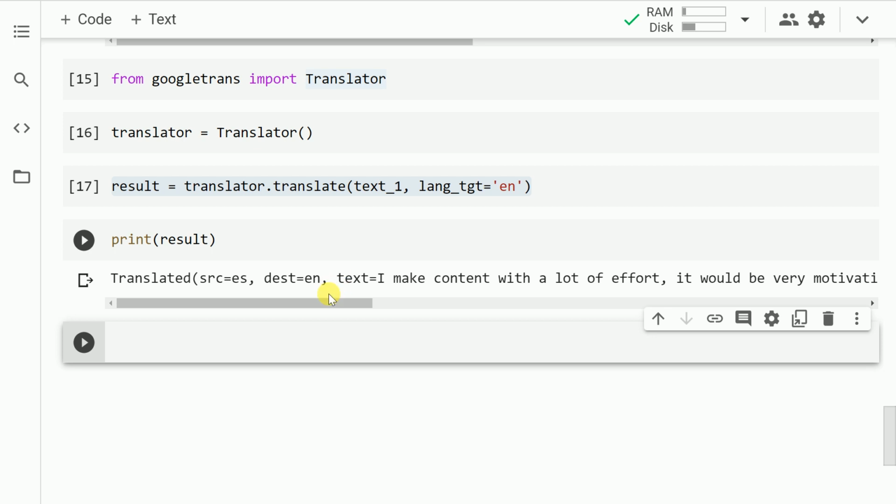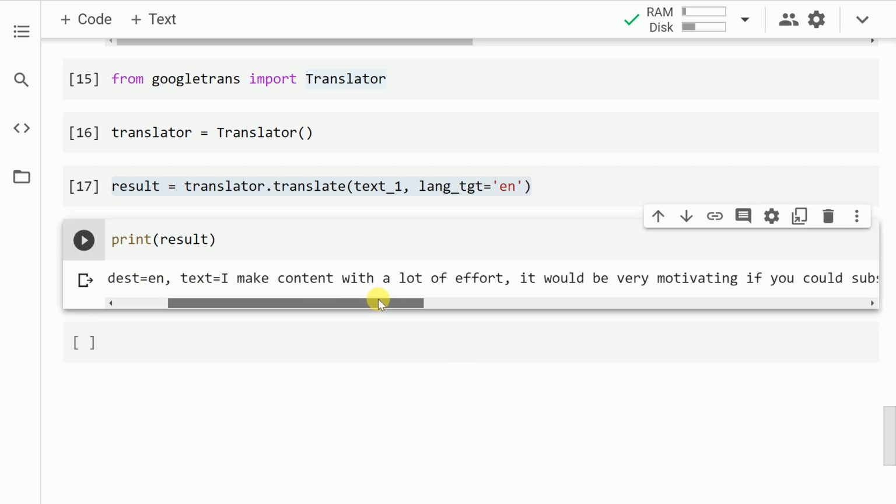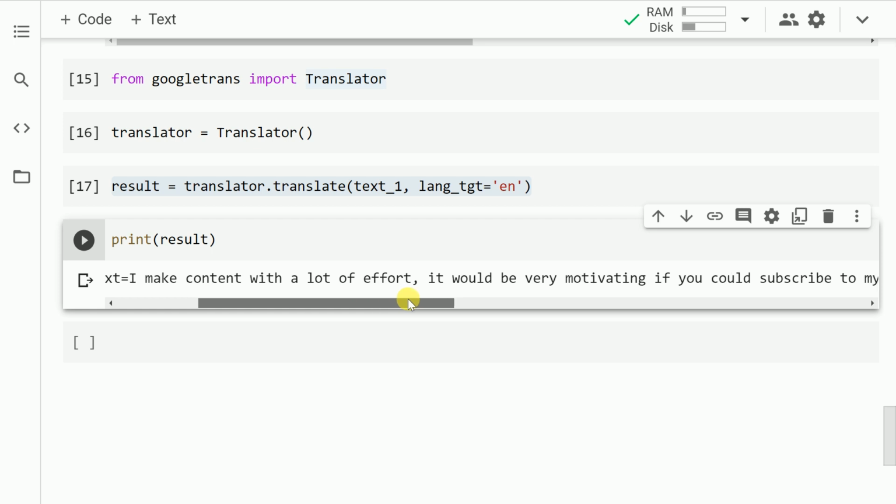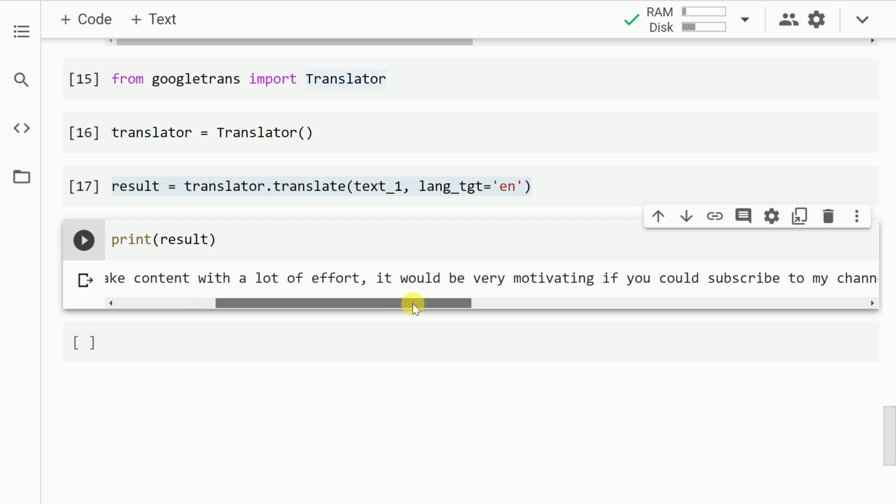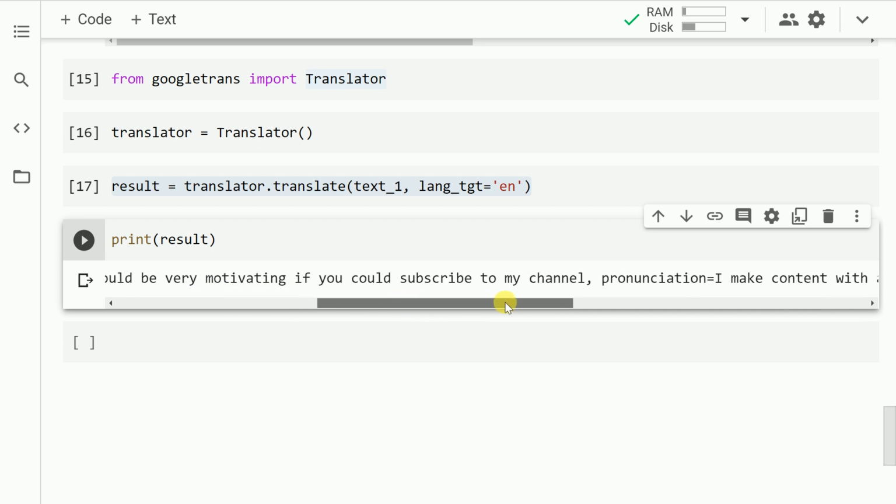So as you can clearly see with the result, the source language is Spanish, the destination language is English, and the translated text reads something like this. I make content with a lot of effort. It would be very motivating if you could subscribe to my channel. Yeah, so this is what I had hidden inside the variable text_1.